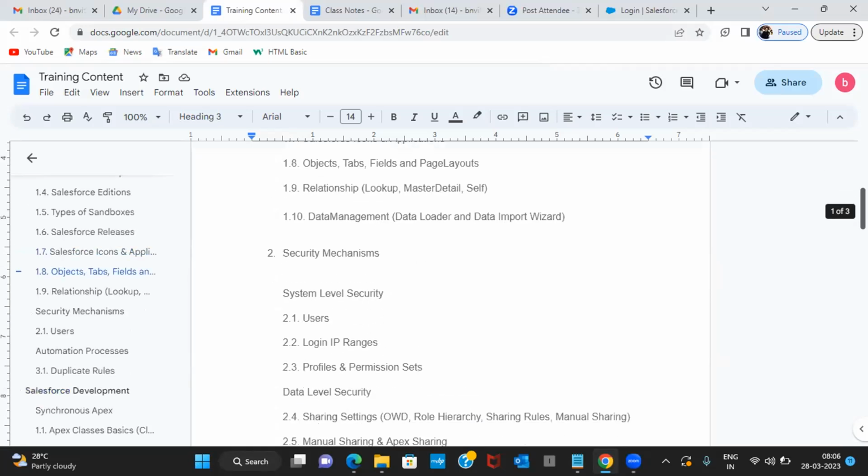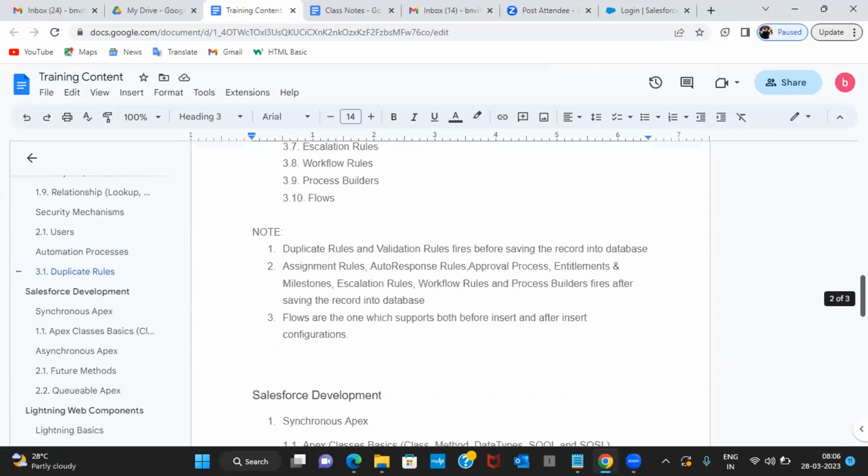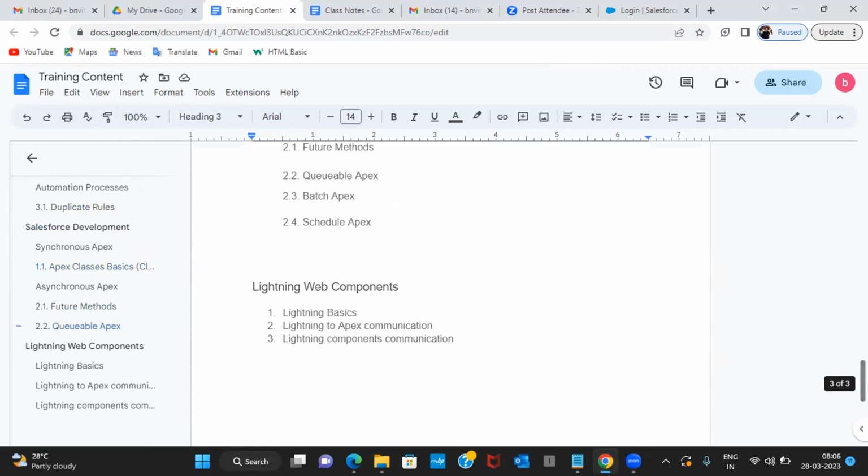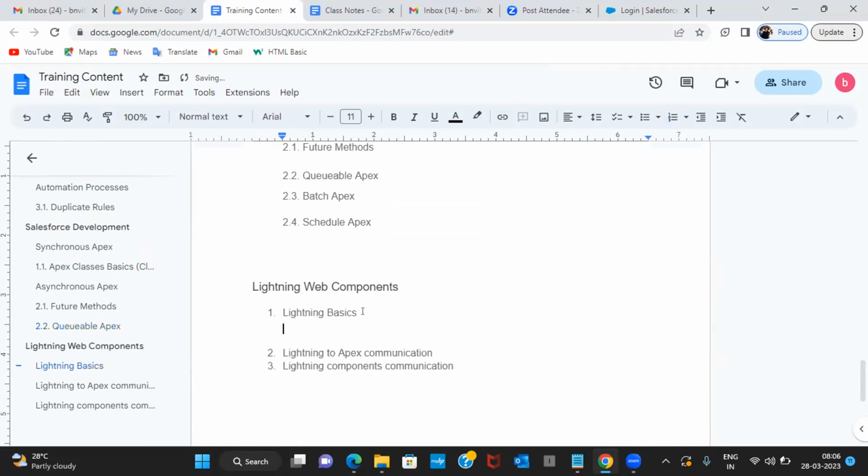In the training content, now we are going to learn about the Lightning Web Components. As part of the Lightning Web Components, the first thing we are going to learn about is the Lightning basics, and the second thing is Lightning to Apex communication and Lightning components communication. As part of the Lightning basics, we are going to learn how to install, like how to create Lightning components,